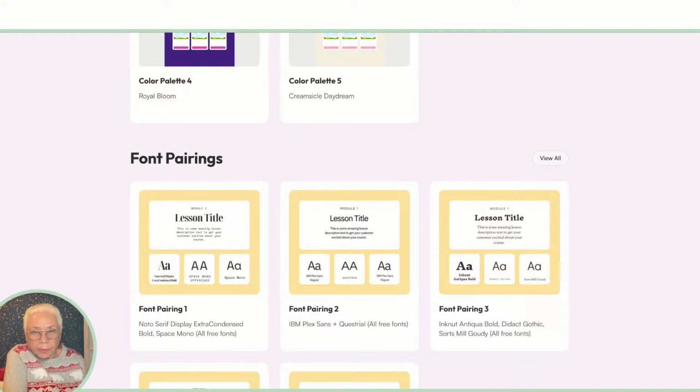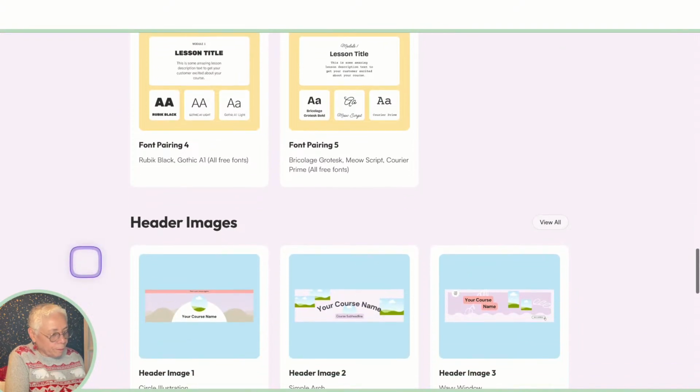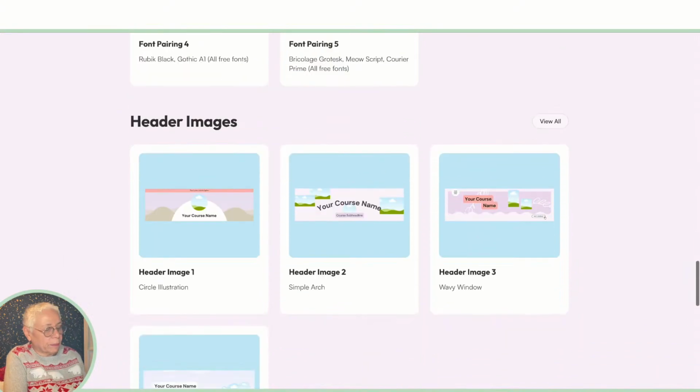Just Google font pairings, and you're going to come up with a whole bunch of information and examples, and you'll be off to the races. You can even search Canva font pairings, and it has an entire article which is very in depth. So, still coming down here now,